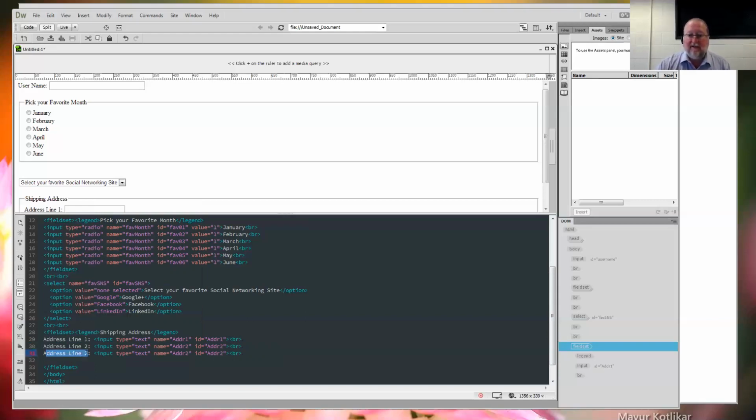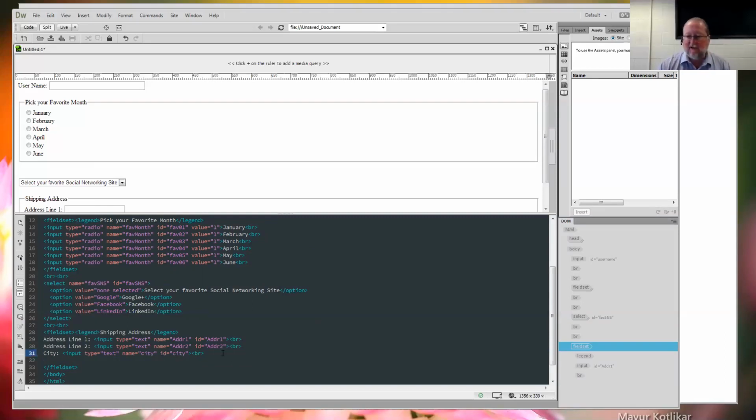So this would be city. Type equal what? Text, name equal what? City, they have to match. City, and then